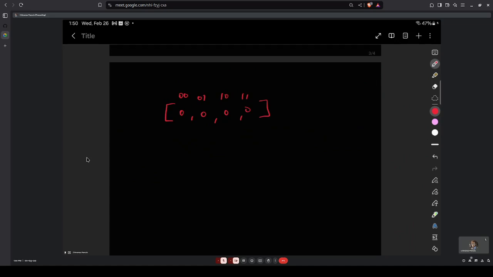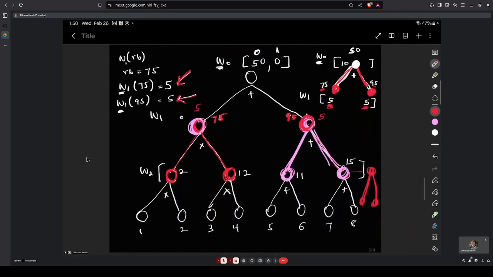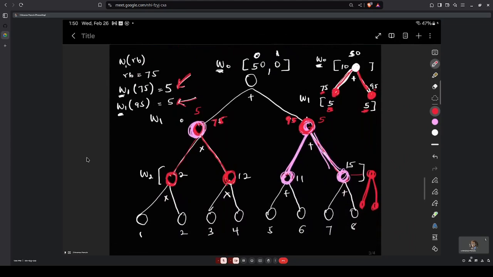But picking your random challenge as 0, you're shooting yourself in the foot. Like, let's say this is a circuit. If you pick your random challenge as 0,